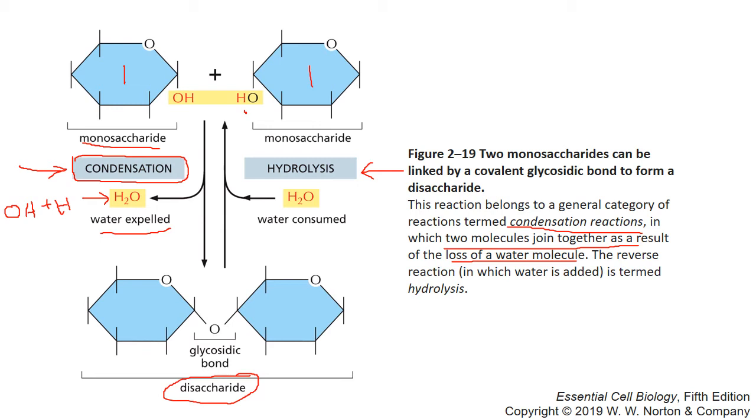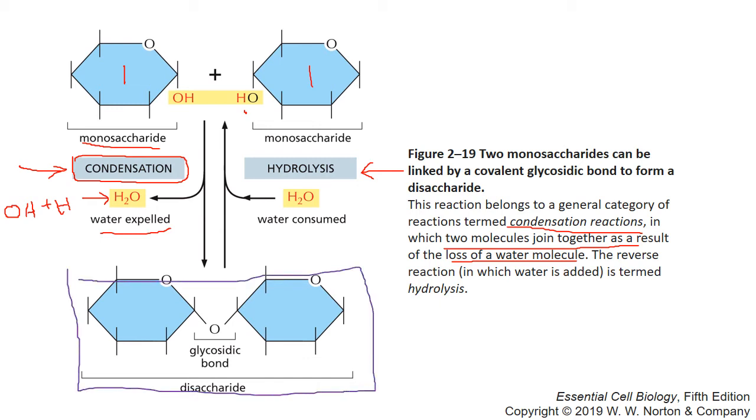All right, so now let's start at the bottom of the slide. And what we see happening here is that we have, and I'm going to switch colors too, a disaccharide, and our goal is to lyse it or pull it apart so that we can have two individual monosaccharides. So that sounds easy enough, right? You just kind of find where they're held together. Here's our little glycosidic bond, which is a version of a covalent bond. And what we're going to do is we're just going to destroy this bond. So you take it and you pull it apart, you lyse it so that the two individual ones are once again